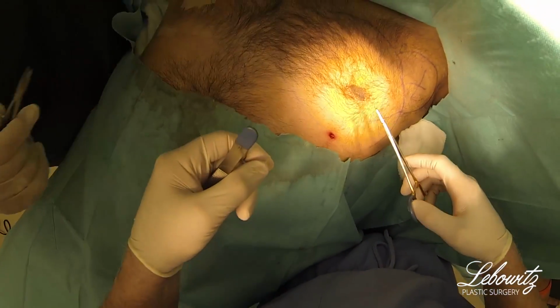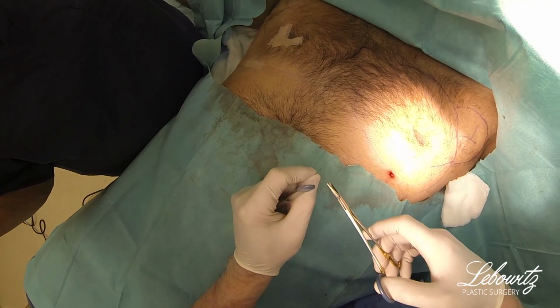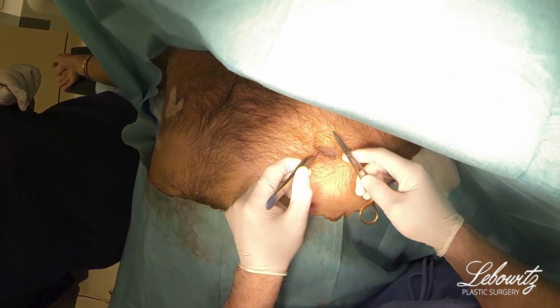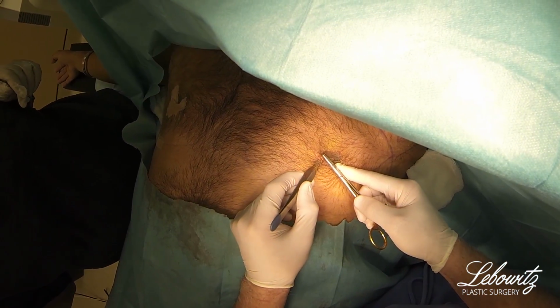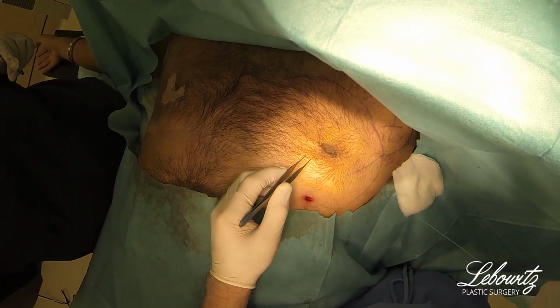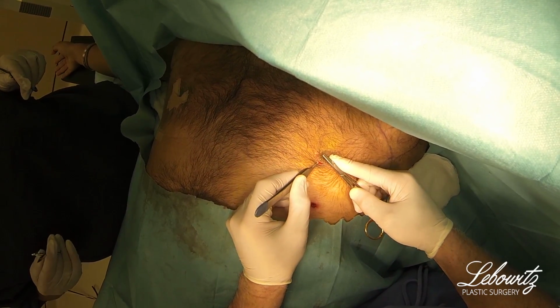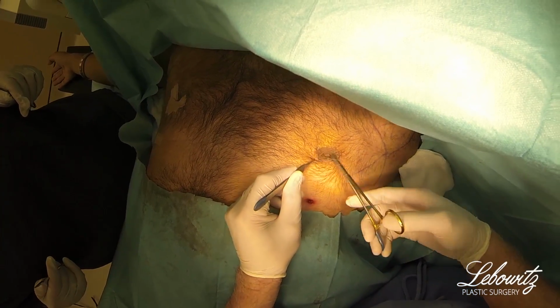After all it's done, the skin then, over the period of a couple of weeks to a couple of months, shrinks down and you have a tight contoured chest. So now we're just putting the finishing touches on this left side, at which time we'll dress it just like the right side, put them into a pressure dressing garment,